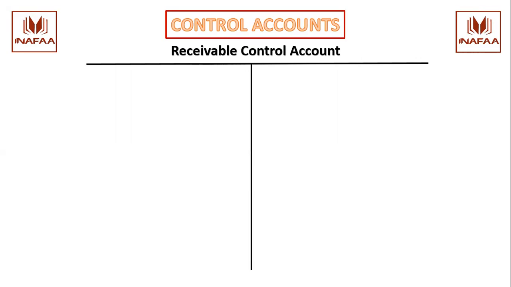If we talk about the receivable control account, receivable is our asset. Whenever an asset is increased, the transaction is recorded on the debit side, and whenever assets are decreased, it is recorded on the credit side. So I will record the opening balance on the debit side. Receivables always have a debit balance. A closing balance will appear on the credit side, but it will be a debit balance,